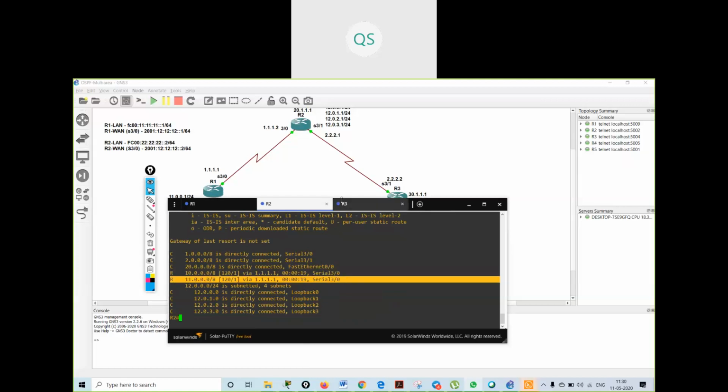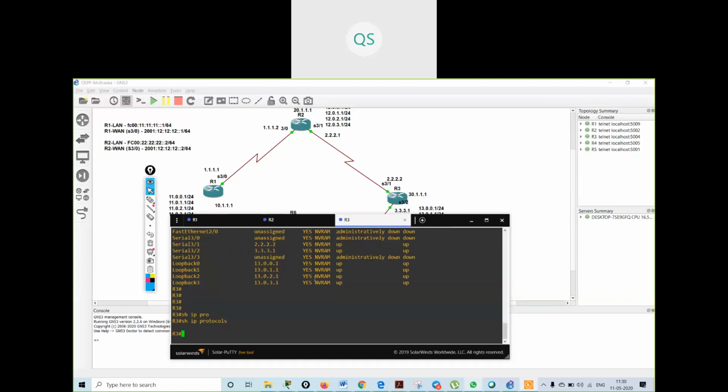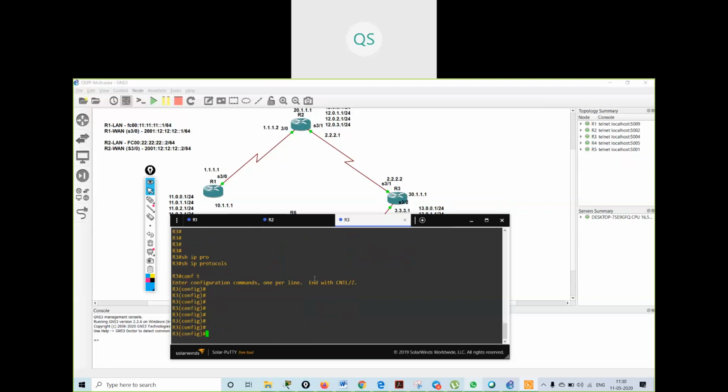Now I will go on R3 and advertise all the things. I will advertise router RIP, network 2 dot network, then 30 dot network, then 13 dot network. There is no need to advertise 3 dot network because it is connected to R4. Okay. So if I go over here and say show IP route,